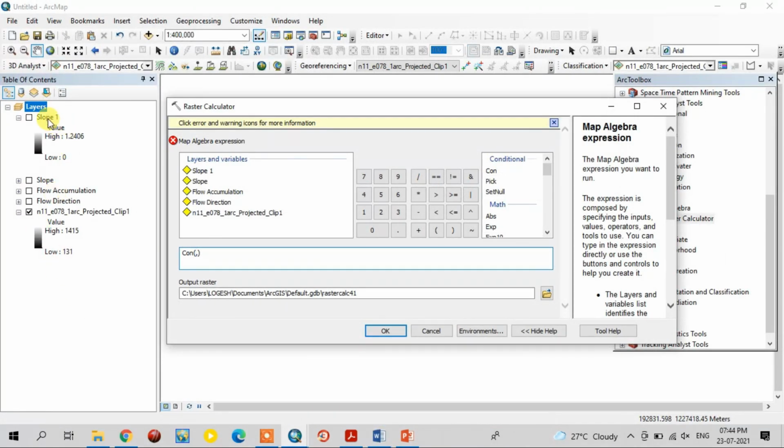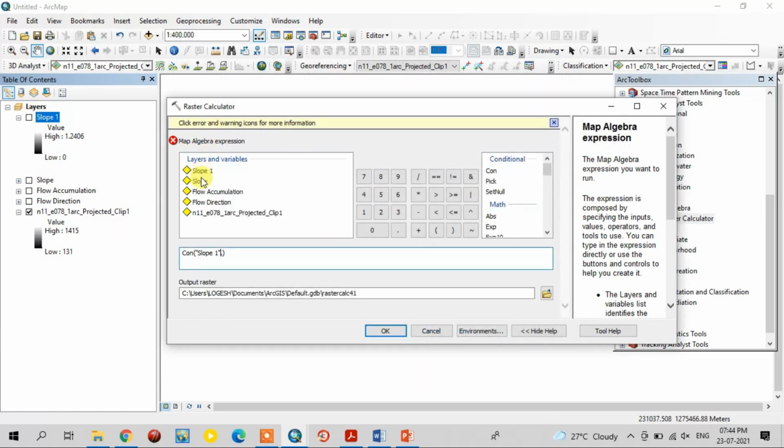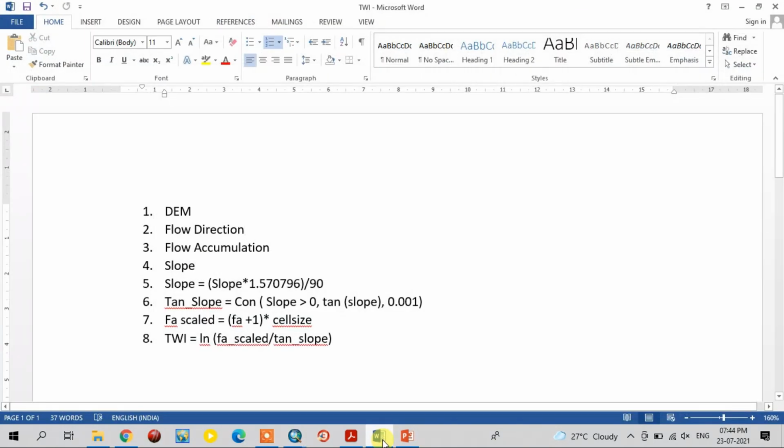Here you need to select the standard slope. After that, we need to give the slope as greater than 0.